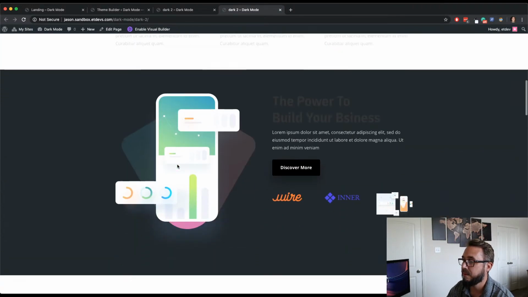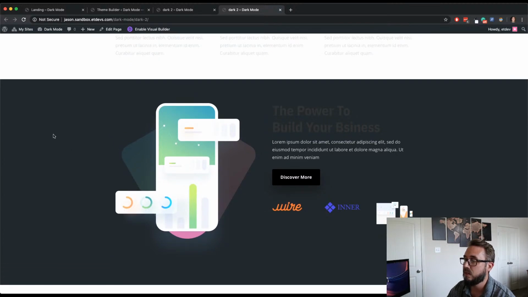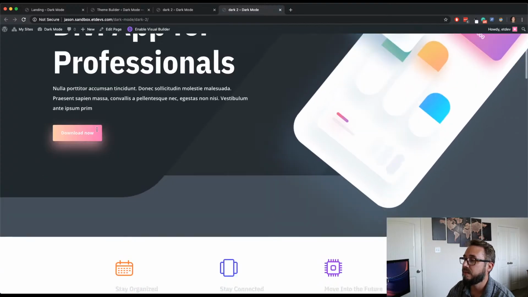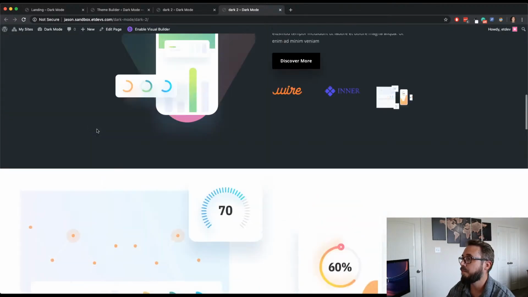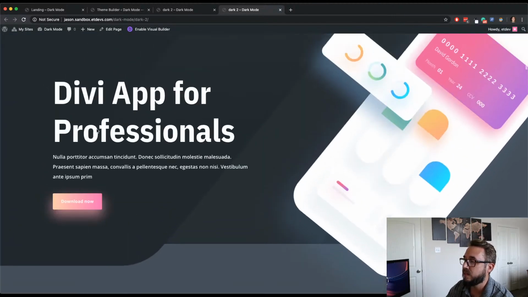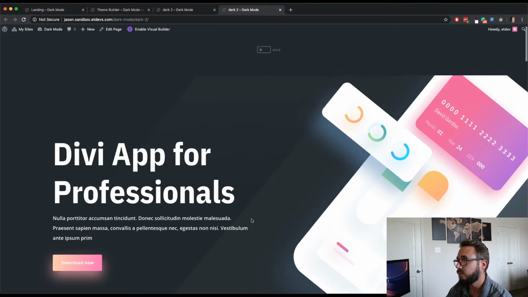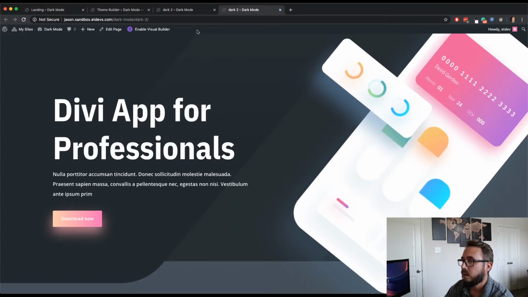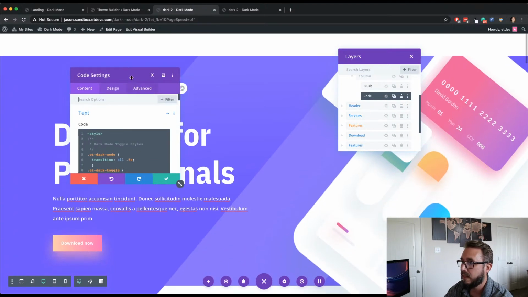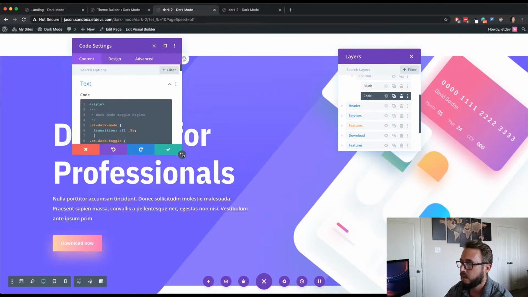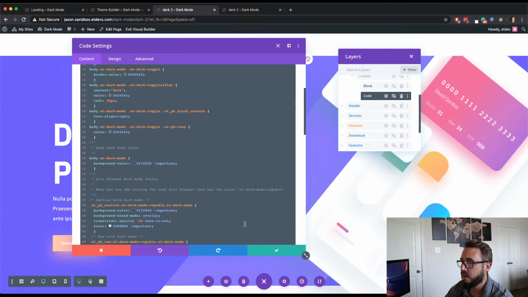Oh, that's probably because this section has no background color for some reason, and this is the body behind it. But it's only going to be applied to that one section. Everything else should be light. But as you can see, this has a background image that's been made darker. And let's go ahead and peek in on the code just to show you what's happening on the level of a section. So I'm going to open up this here, scroll down,